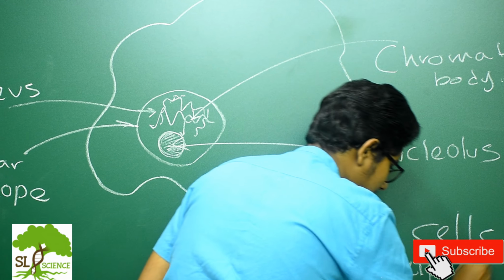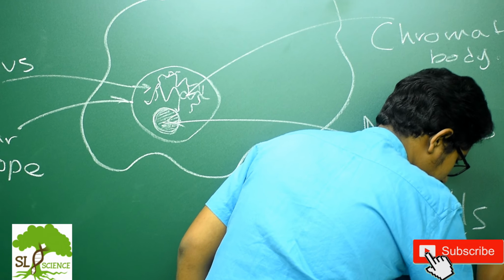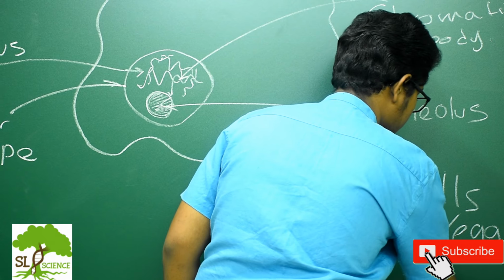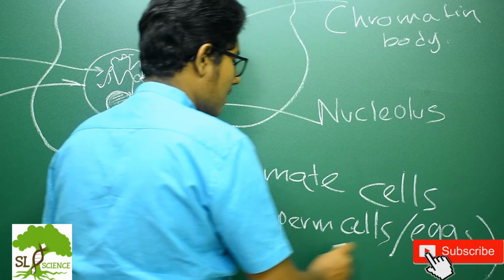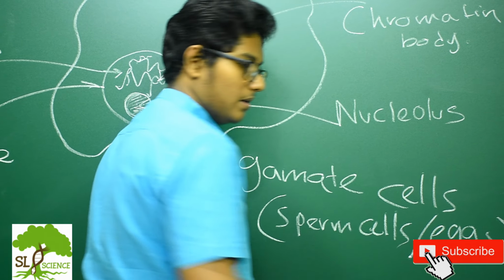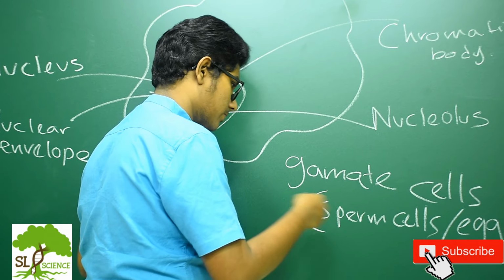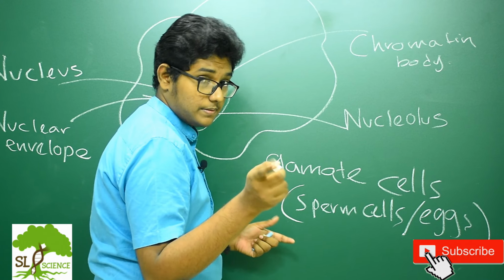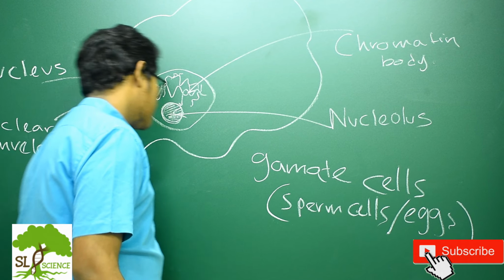Sperm cells and ova. In a little while we are going to discuss mitosis and meiosis, then we will again talk about the gamete cells. From these gamete cells,